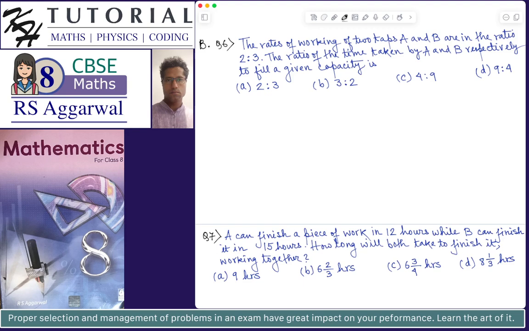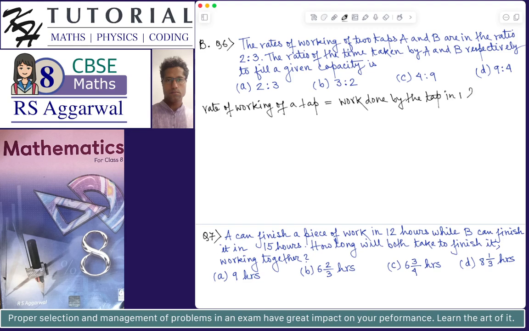where it is given that the ratio of the rates of working of taps A and B are given. Now, what is the rate of working of the taps? The rate of working of a tap is equal to the work done by the tap